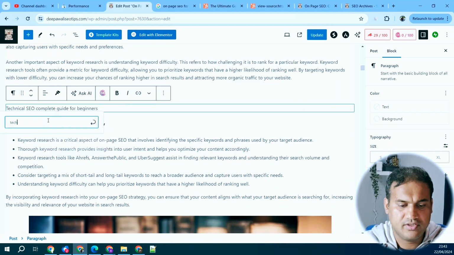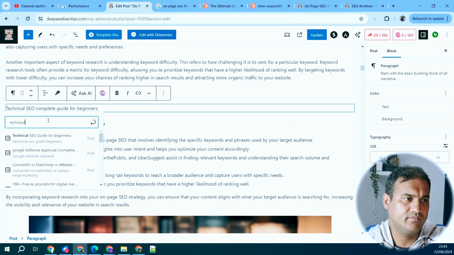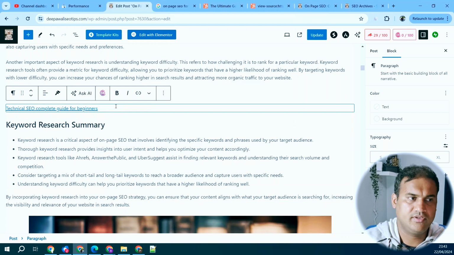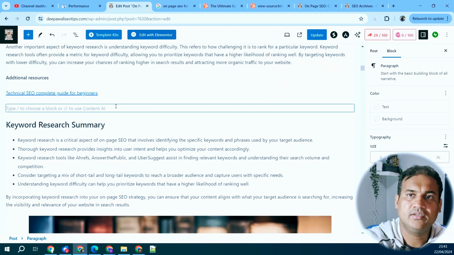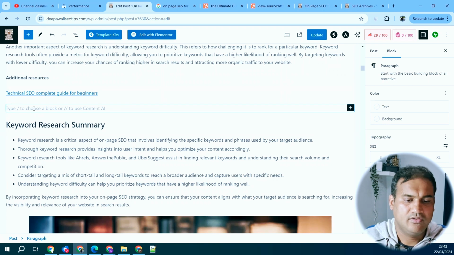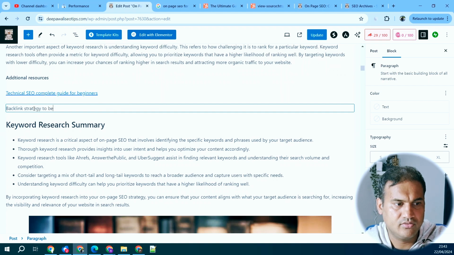Over here you search for technical. You should see the blog post, technical SEO guide for beginners. So this is an internal link with the anchor text. This text is called an anchor text. Okay, and then I can put in as a backlink strategy to be followed